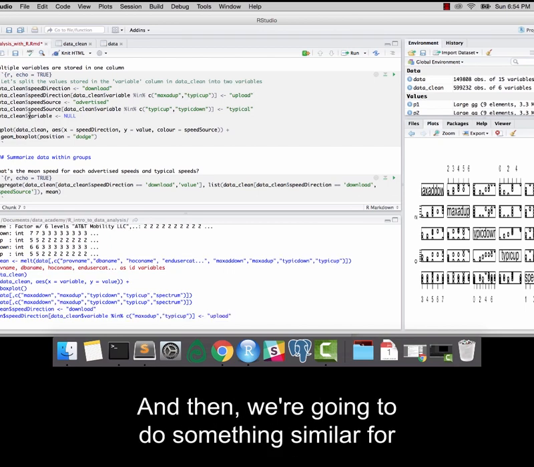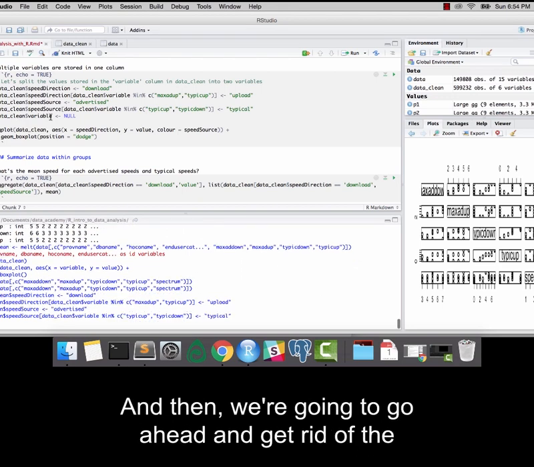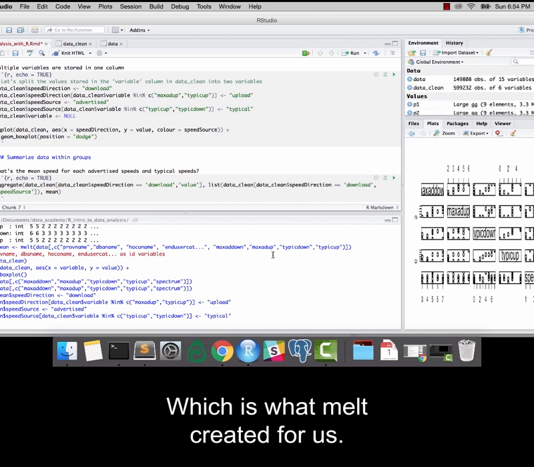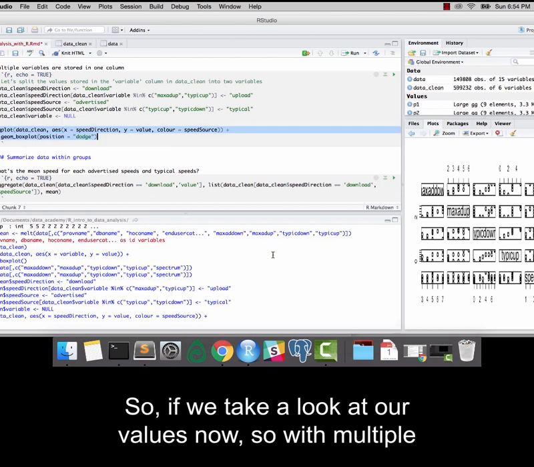Then we're going to do something similar for advertised versus typical. And then we're going to get rid of the variable column, which was what melt created for us. So if we take a look at our values now,